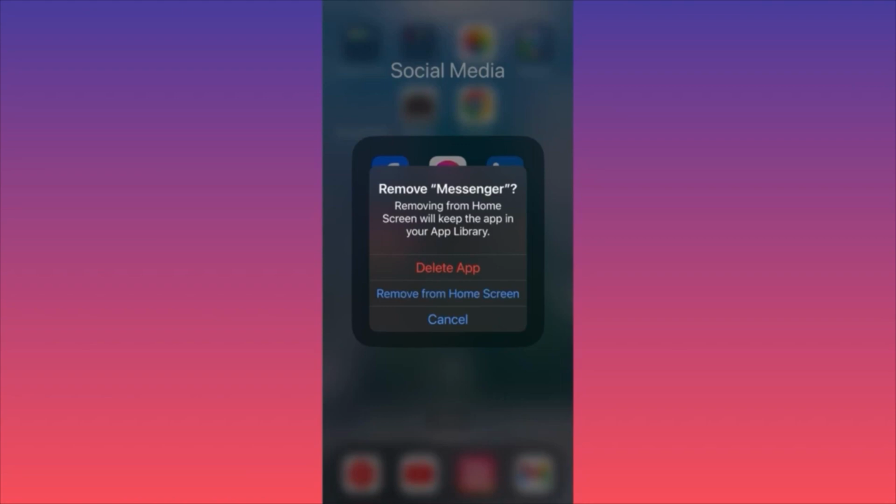So if you really want to delete it, you want to make sure you have saved your password and login information, because at some point I may want to go back and log in or download